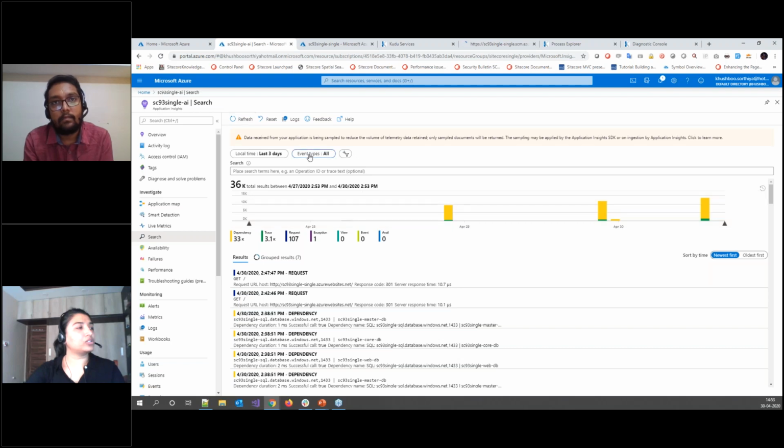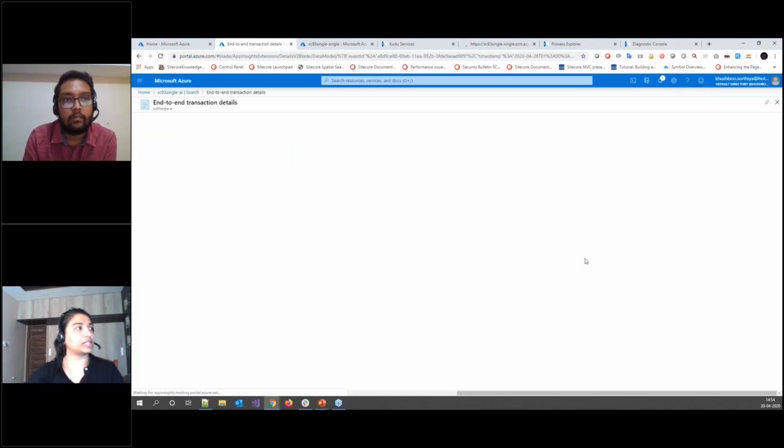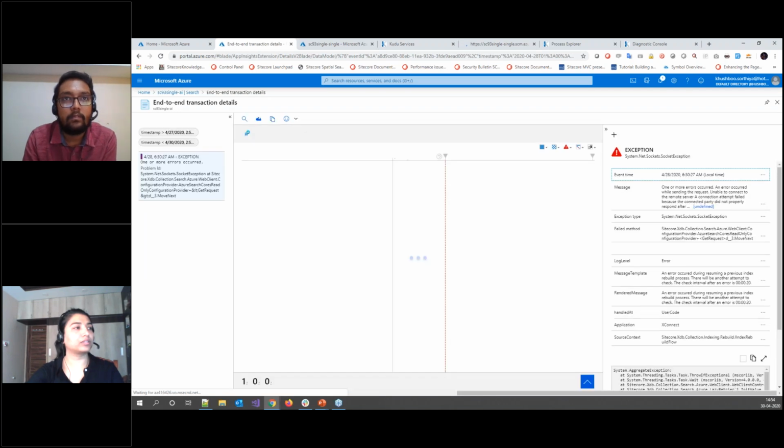Here we can also filter by event type. By default, all events are selected. Let's say we want to filter by exception. Here I can see the exceptions that occurred in my application in the last 3 days. When we select any exception sample, it navigates to the end-to-end transaction details.